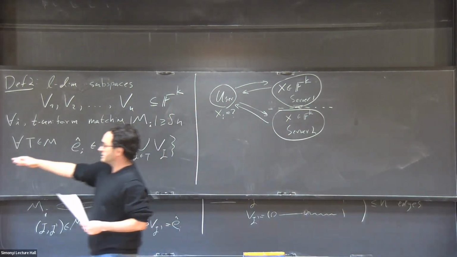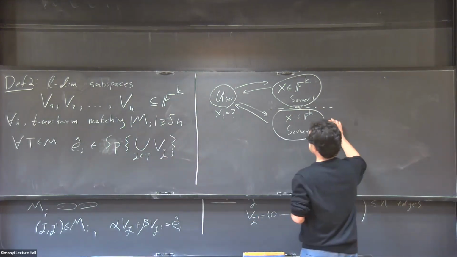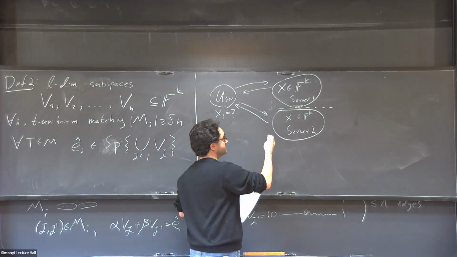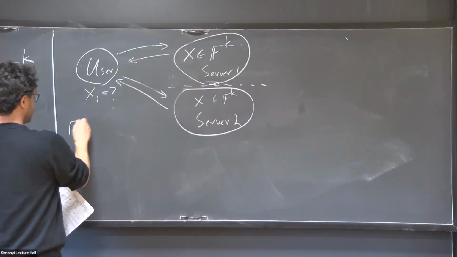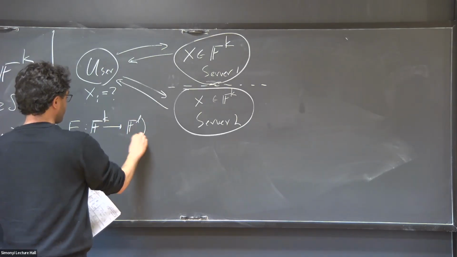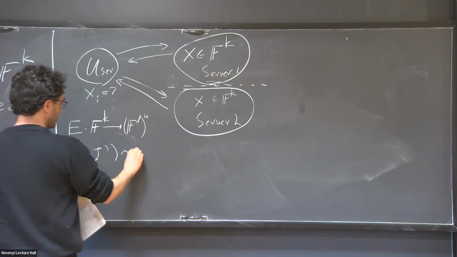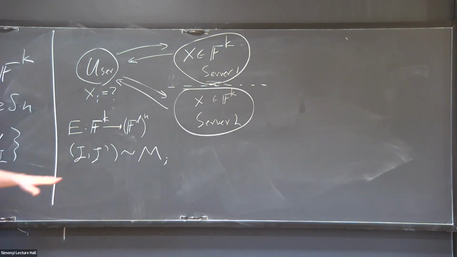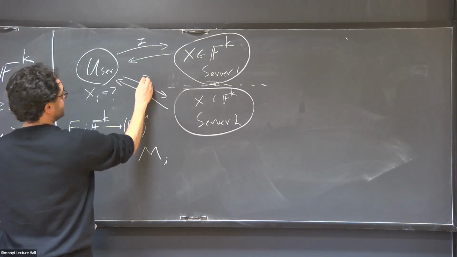So what does this have to do with LDCs with blocks? Well, if you have such an LDC with blocks, the user can basically send one query to the first server. So let's say you have such a two-query LDC. The user can pick a random edge, say J, J prime in M_i. Let's suppose for a second that the matchings are perfect matchings. So each query is uniform, each J and J prime are uniform strings. So they don't reveal any information, and the user can send J to the first server and J prime to the second server,